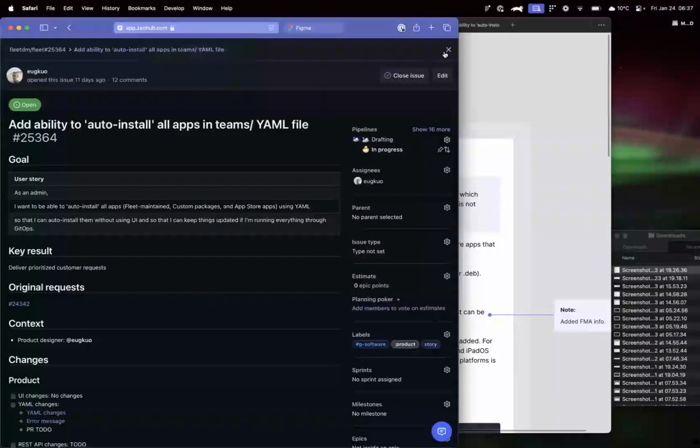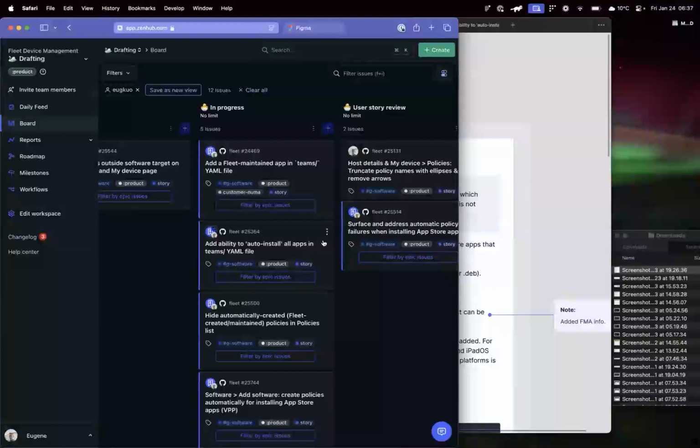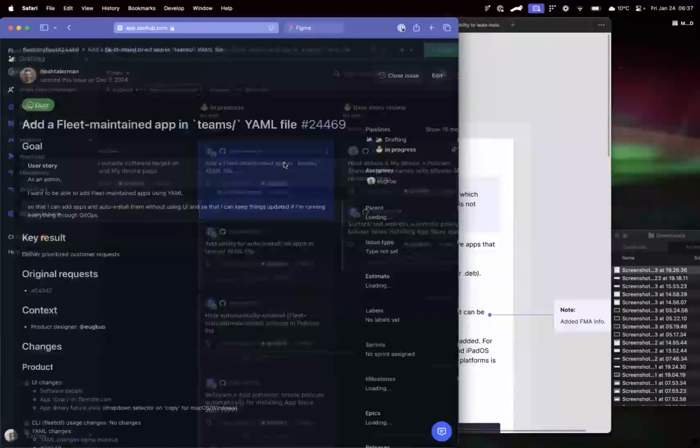One thing I wanted to mention, and this is partially my fault: I think we had a great discussion on adding fleet maintained apps in YAML. That was actually a separate ticket than auto install. Auto install was the main thing we were supposed to talk about yesterday. I conflated, well, I had added the fleet maintained things because that was a ticket that had already been passed through with Noah, which is why we saw it. But I think the discussion was good, and I went back and updated the fleet maintained apps in YAML ticket